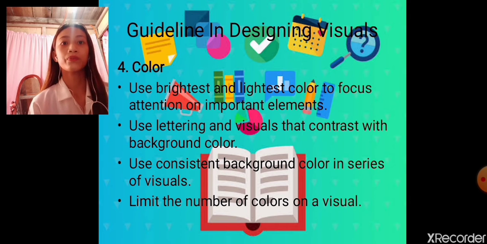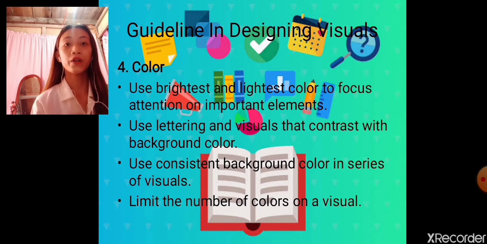And also, use lettering and visuals that contrast with the background color. Yan. We might use the perfect color that might contrast to the background, because if we did not use a contrasting color to the background,